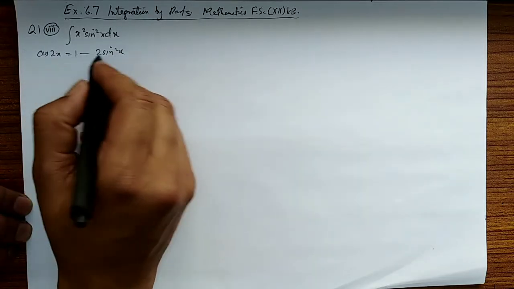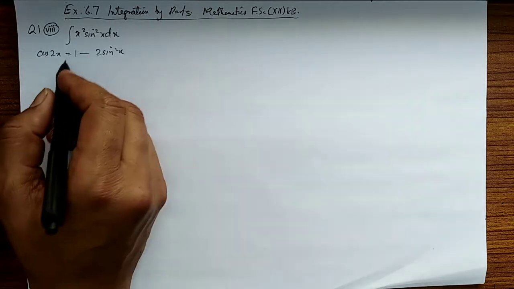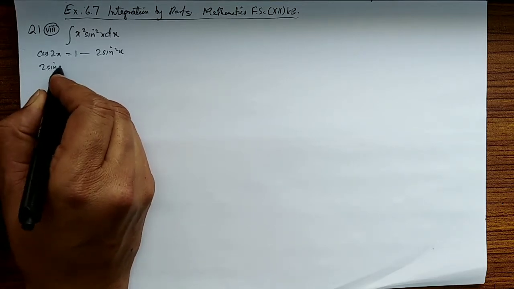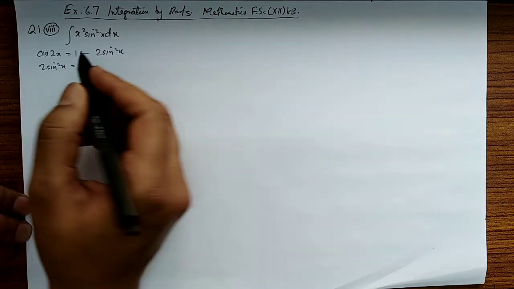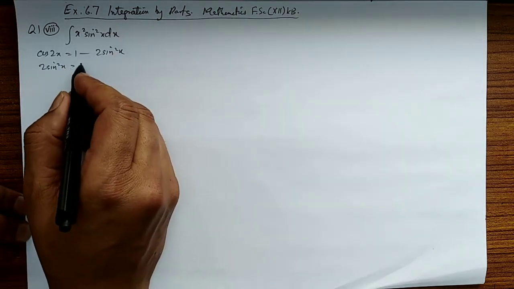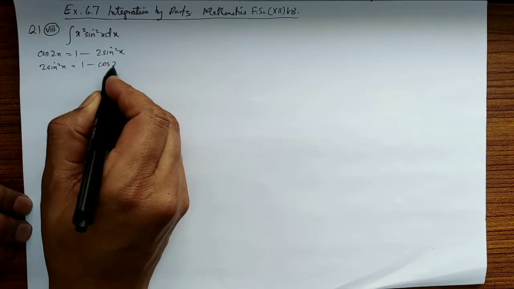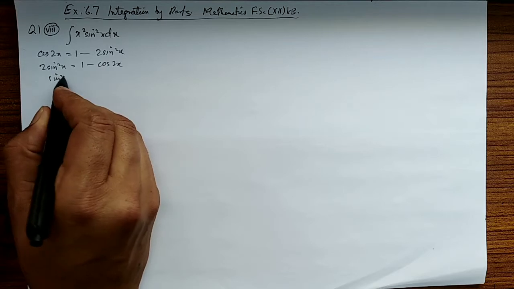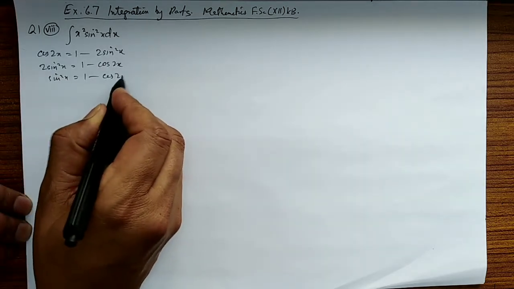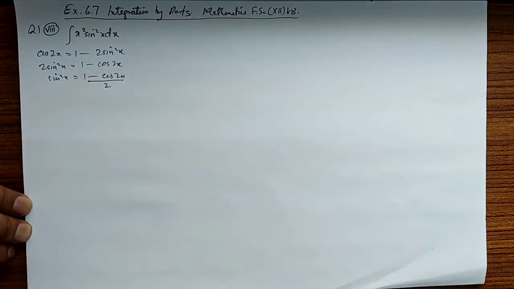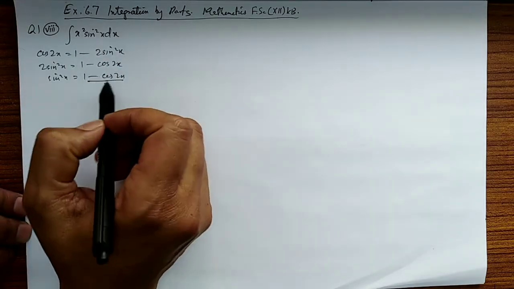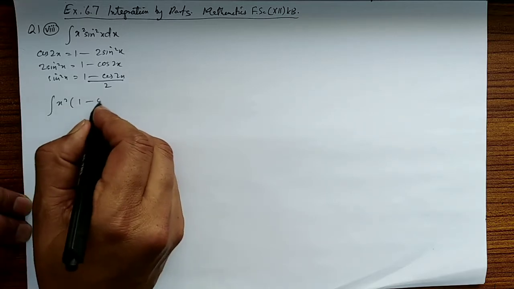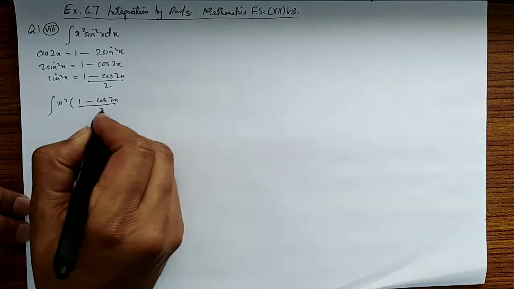Now from this identity we are going to find a value for sine square x. Just shift this minus 2 sine square x to the left hand side: 1 minus cos 2x, and sine square x equals 1 minus cos 2x upon 2. In place of this sine square x, substitute this value. We will get x square into 1 minus cos 2x upon 2